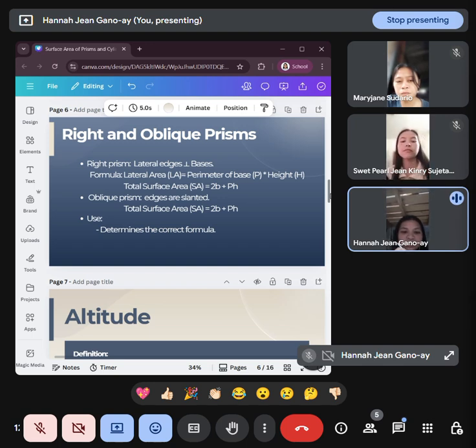An oblique prism has lateral edges that lean or slant. Instead of rectangles, its side faces become parallelograms. Even though the shape is still a prism, the surface area becomes more complicated because the height must be measured using a perpendicular distance, not the slanted edges. This distinction matters because the right prism uses easy formulas, while an oblique prism requires extra steps to find height or surface area accurately.